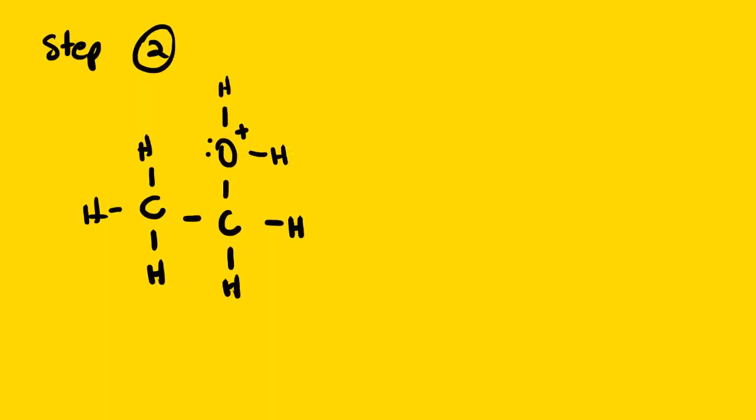Step number 2. Water will leave the substrate to form a carbocation ion. If you are familiar with the SN1 reaction, you'd know what I'm talking about. So a homolytic reaction will occur here. This bonding pair will leave with the H2. Simply means that we are going to have